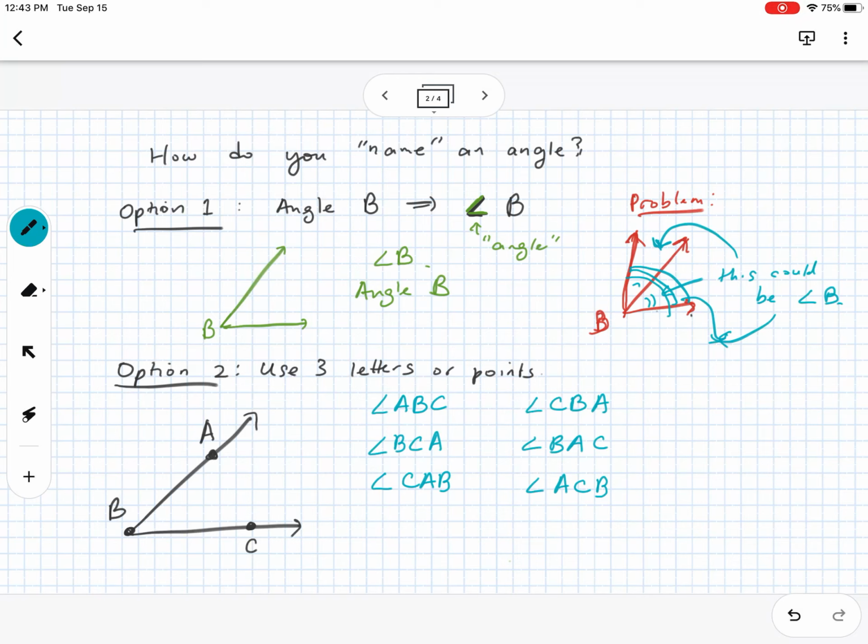These are not all the names, but these are some options. I want you to think about that a little bit. The question is, circle the options that are the true names